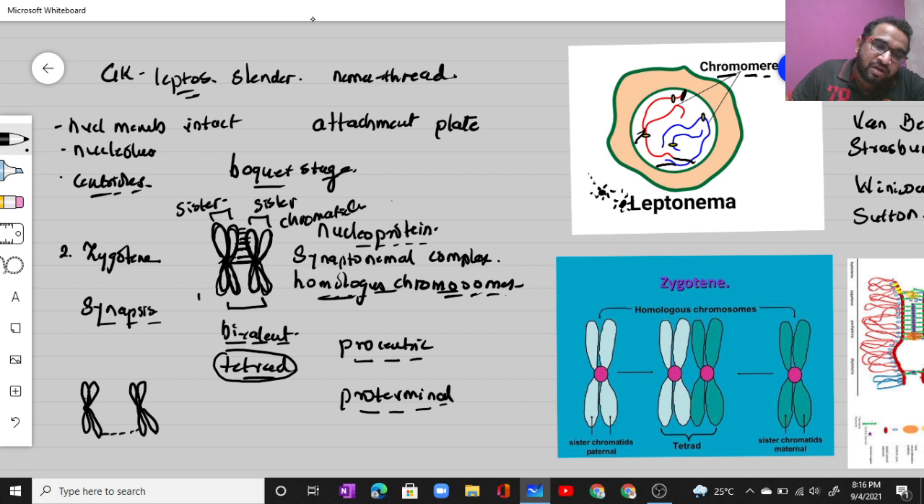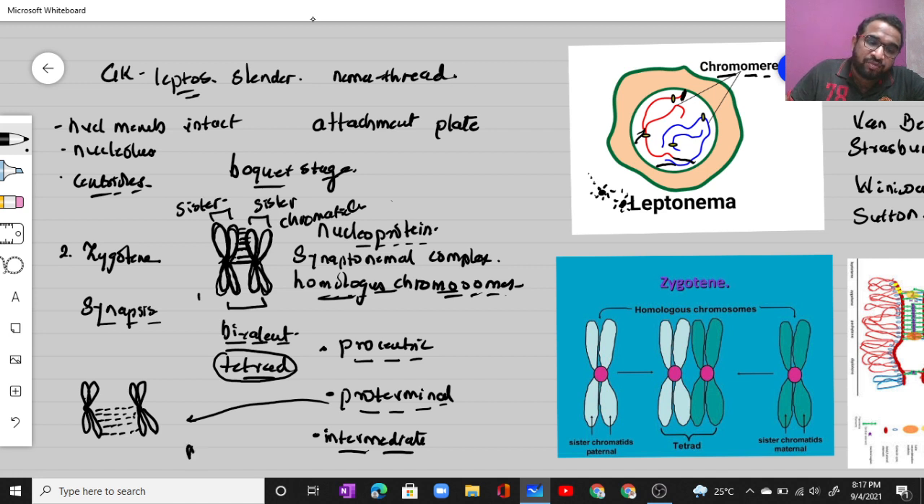This will start from the ends and it will move towards the centromere. So this is called a pro-terminal kind of synapsis. Okay, and then there is one more type of synapsis which is called intermediate type of synapsis. What is intermediate? At various places in between the centromere and the ends, the synaptonemal complex is formed. That is called intermediate type of